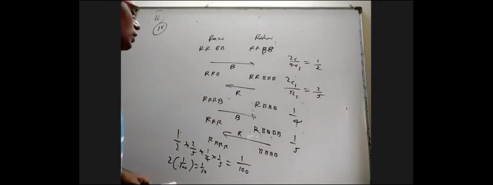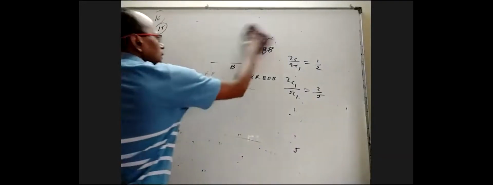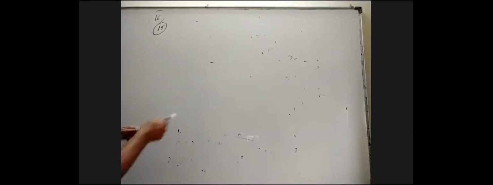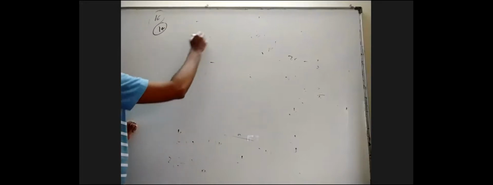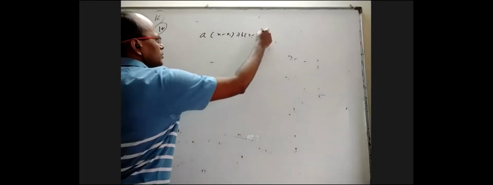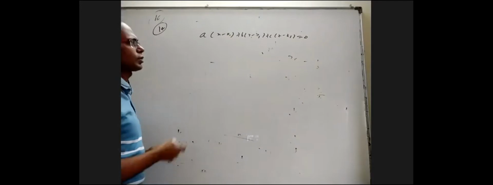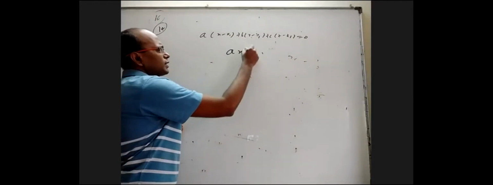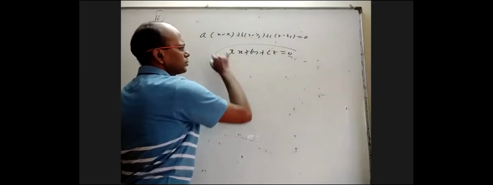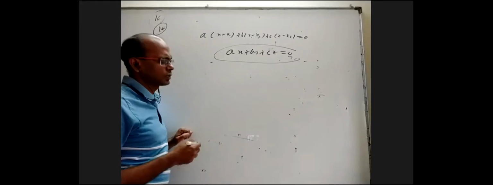Okay. Basically, what the 14th question says is, we are given 3 planes, all passing through the origin, and their normals are given. We know a into x minus x1 plus b into y minus y1 plus c into z minus z1 equal to 0 is the equation of the plane passing through x1, y1, z1 and having a, b, c as direction ratios of the normal. And as it is passing through the origin, straight away ax plus by plus cz equal to 0, where a, b, c are the DRs of the normal.